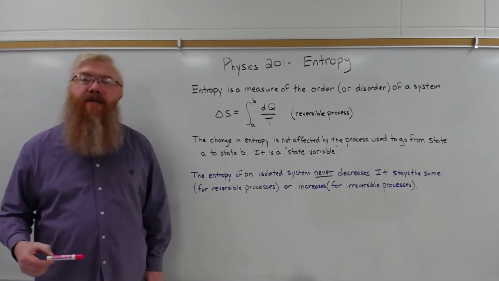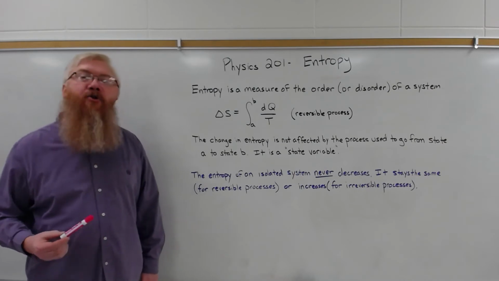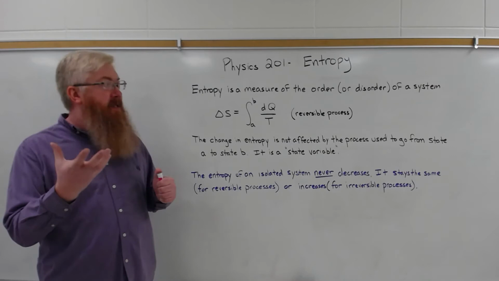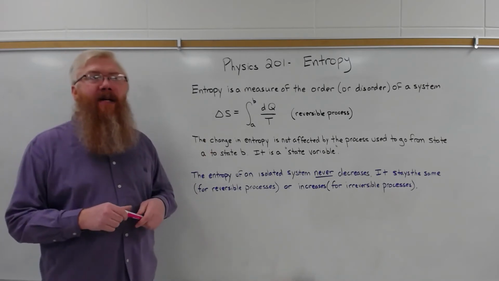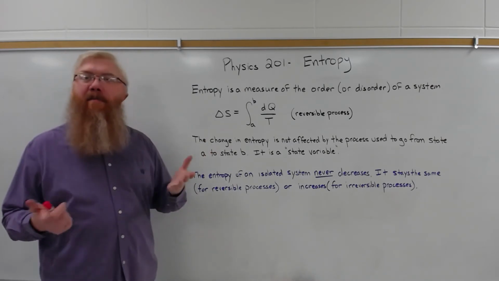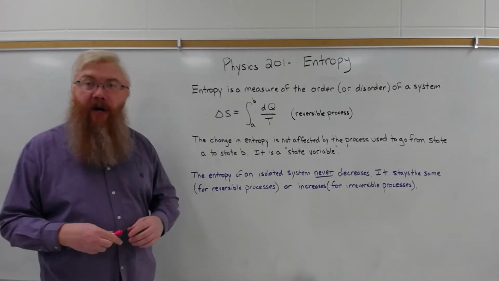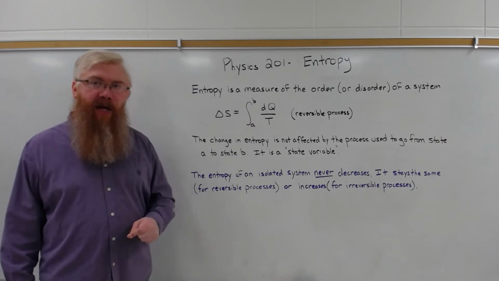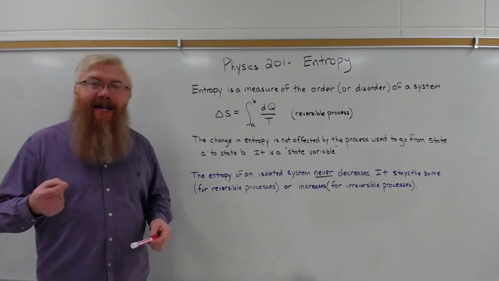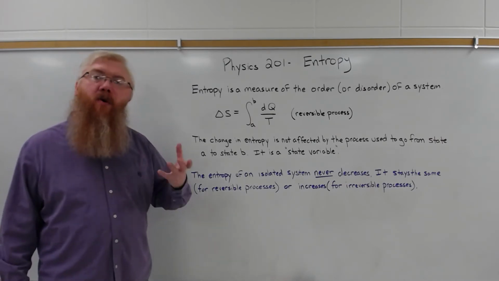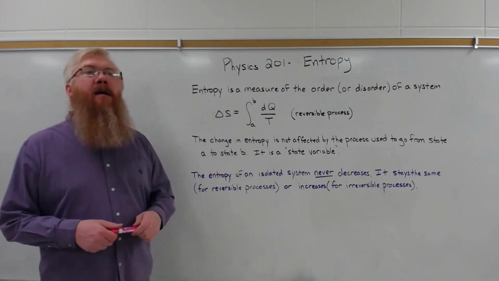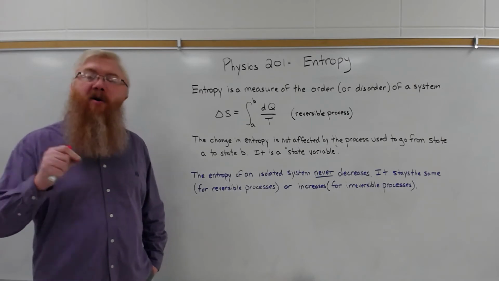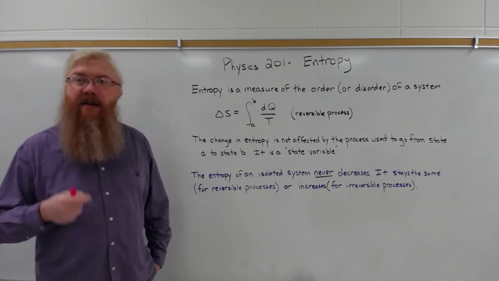Now finally we come to the idea of entropy. Entropy is a measure of the order, or rather disorder, of a system. So think of entropy as just measuring how messy a system is, how disordered or disorganized it is. It's a way of quantifying the second law of thermodynamics. The second law, again, states that heat cannot go from a cold object to a hot object. Another way of talking about the second law is every time heat is transferred, a small amount of it becomes unusable. Think of the heat engine.